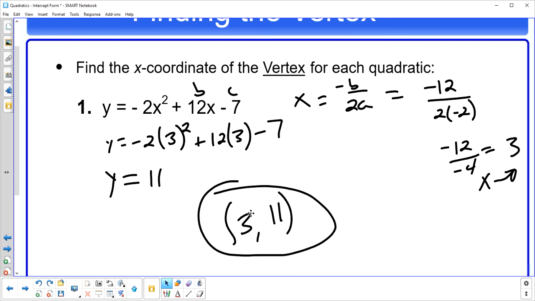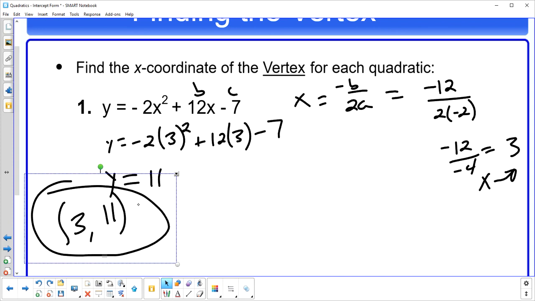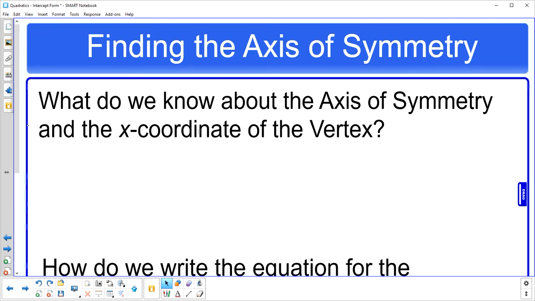So we did negative b over 2a to find 3. We took that, we substituted it back in for x, and we got 11 for y. That's our coordinate, either our max or our min, depending on whether our parabola opens up or down. Okay, last thing we're going to talk about then is how to find, or two more things actually, the